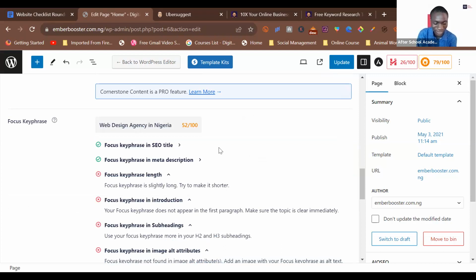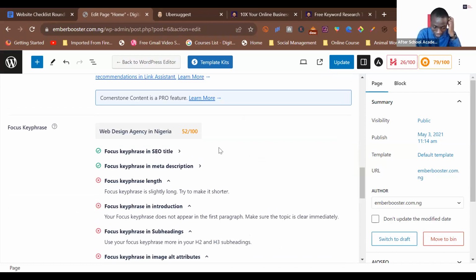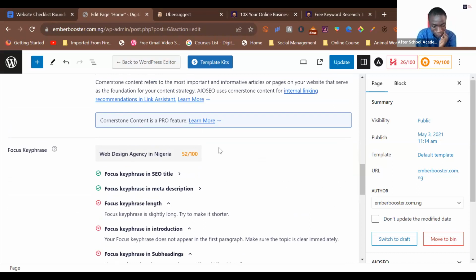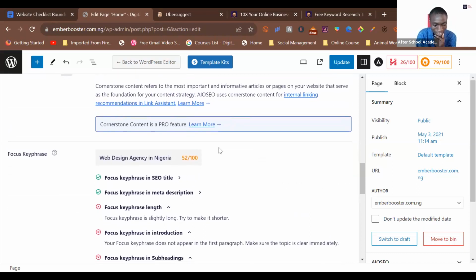Okay, so they said our focus key phrase is too long. So let's make it shorter. So how do we do that? So we can have something like,